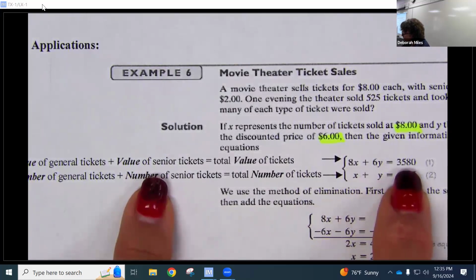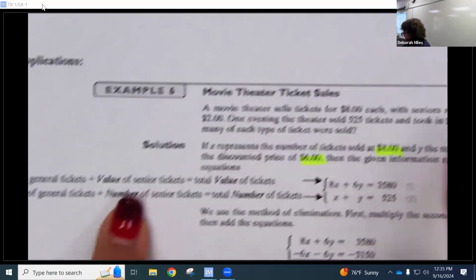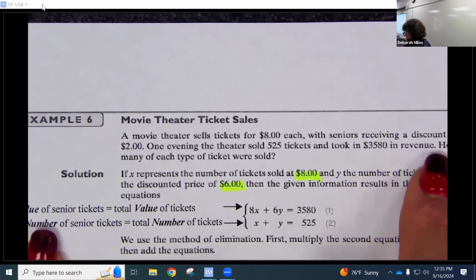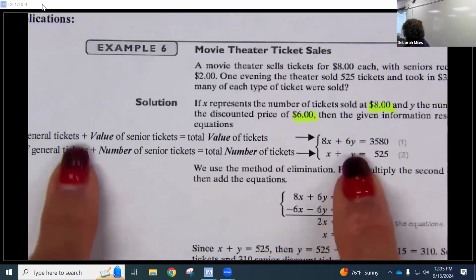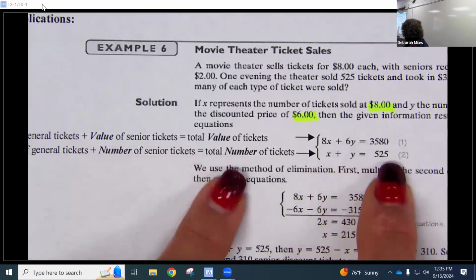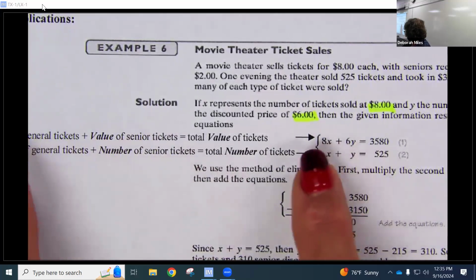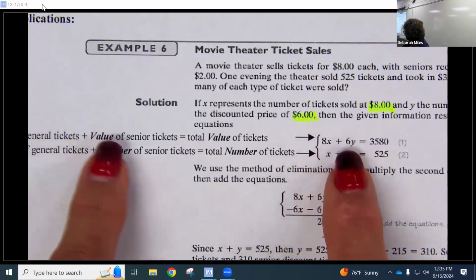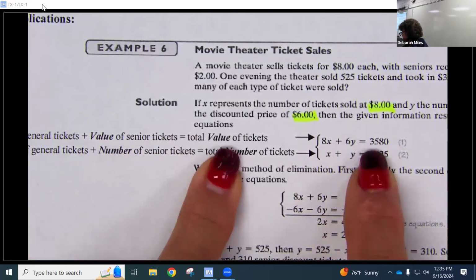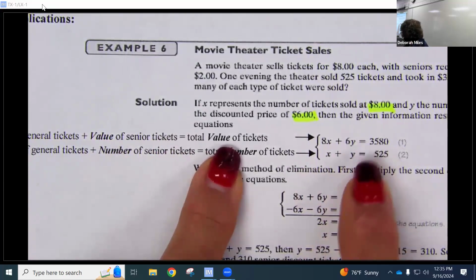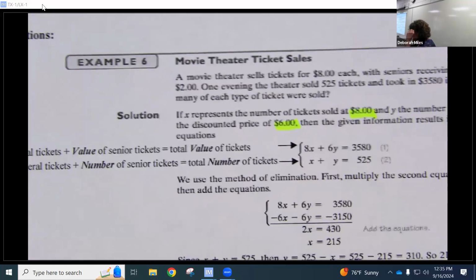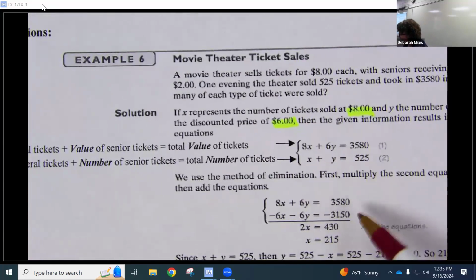And then that 3,580, I was told that's my total revenue. So one of these equations says number of tickets plus number of tickets equals total number of tickets. And one of them says value of tickets plus value of the tickets equals the total value of the tickets. If you're using words instead of just X's and Y's that don't mean anything to you, then you'll get that